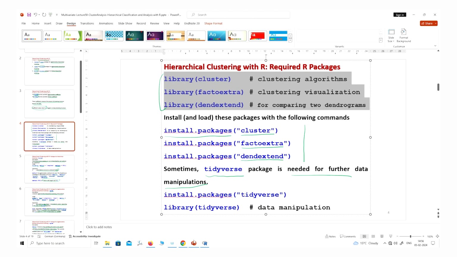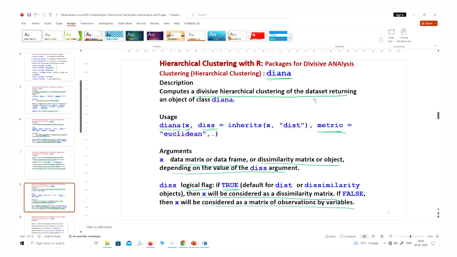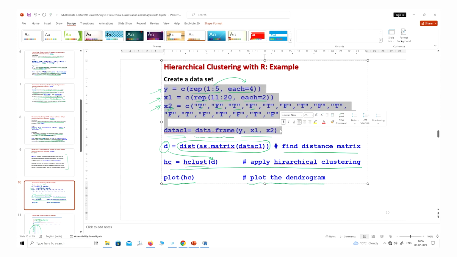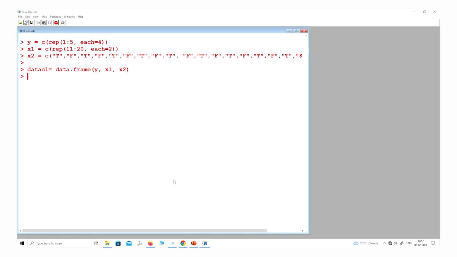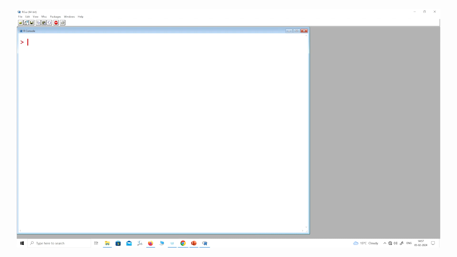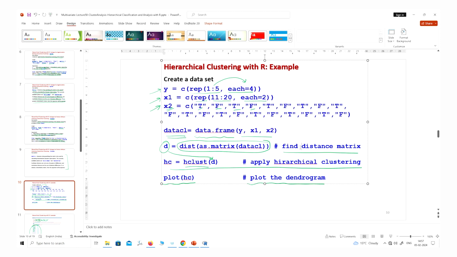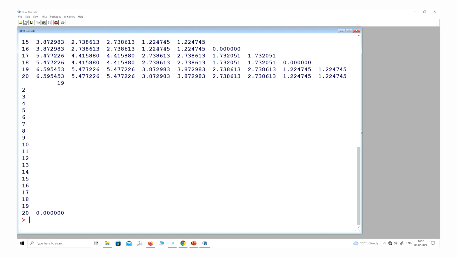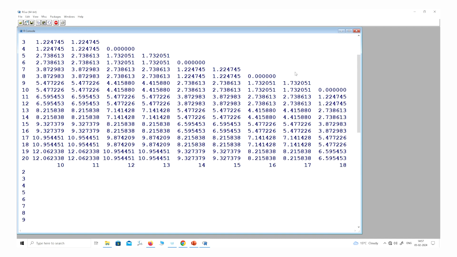Now I create this data set, and if I look at it, you can see this data CL is like this. Now I first create the distance matrix, and if you look at it, D will be like this.